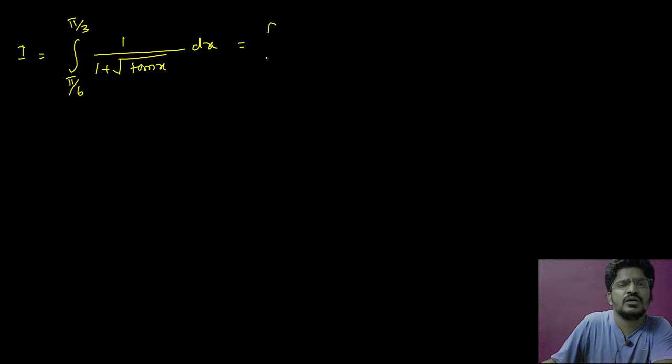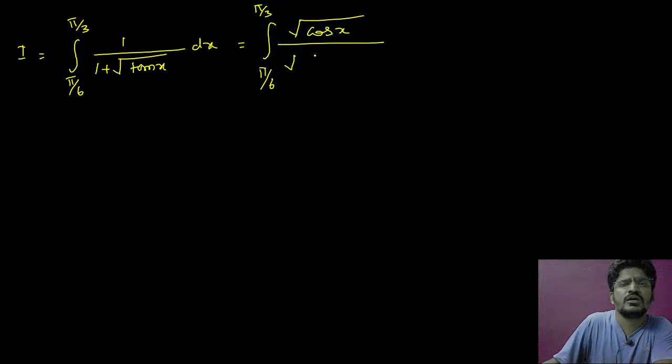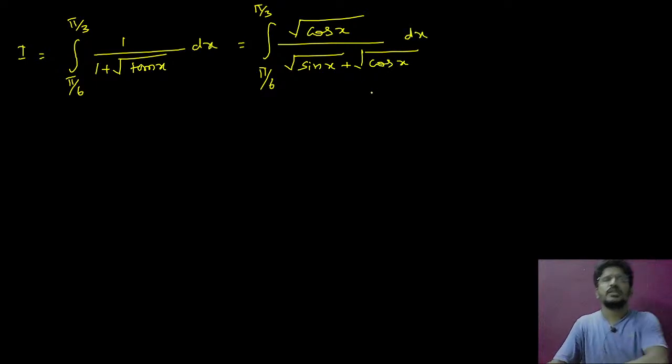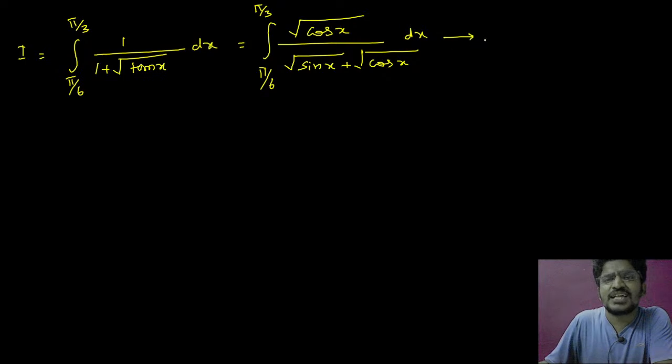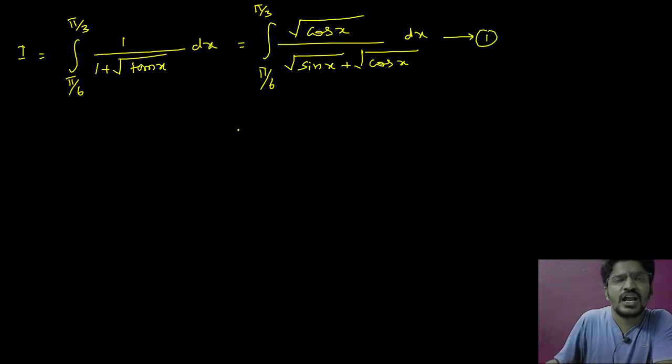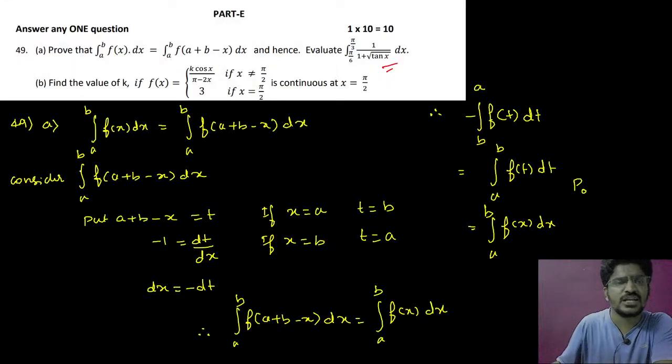So therefore, from pi by 6 to pi by 3, this will be root cos x divided by root of sin x plus root of cos x with respect to dx. Call this 1. Now I will apply the property. By applying the property, from pi by 6 to pi by 3, that is integral a to b f of x dx as integral a to b f of a plus b